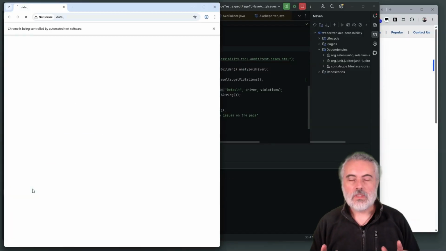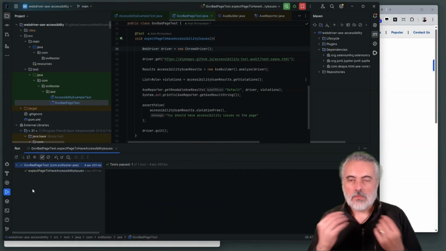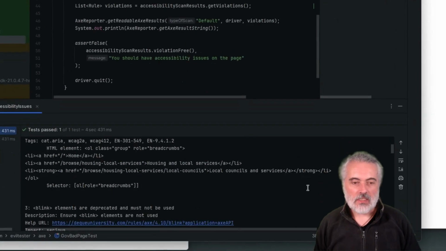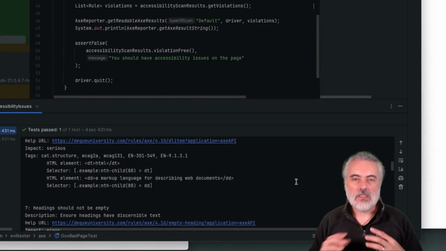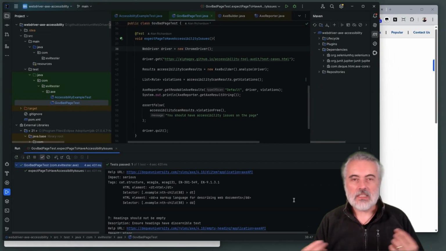So in this video, we're going to learn how to use Selenium WebDriver with an accessibility testing library to write a very simple test which visits a website, scans it for accessibility issues, and generates a nice human readable report. And potentially we could add this library into our automated execution pack so that we can detect any accessibility issues